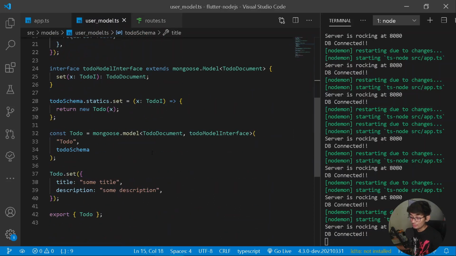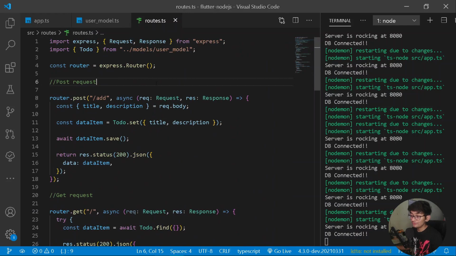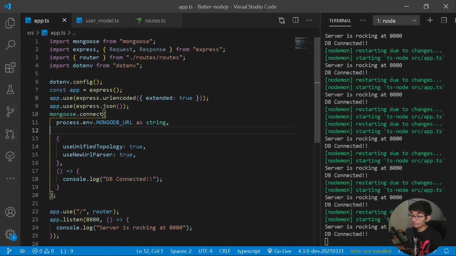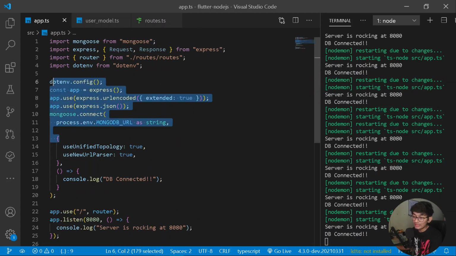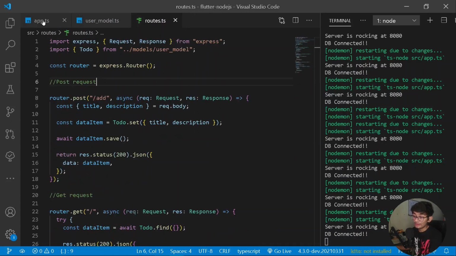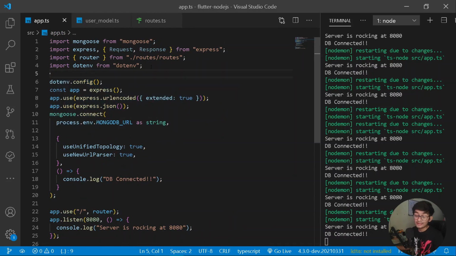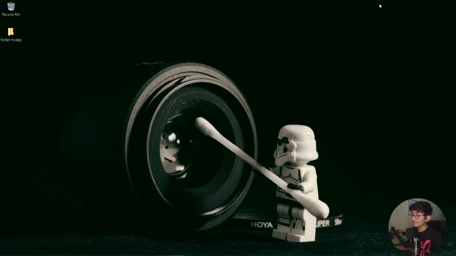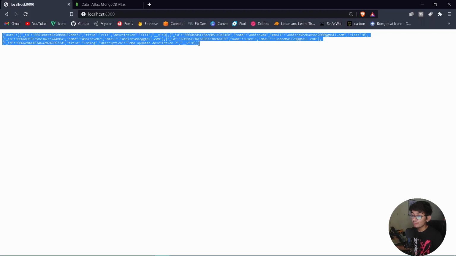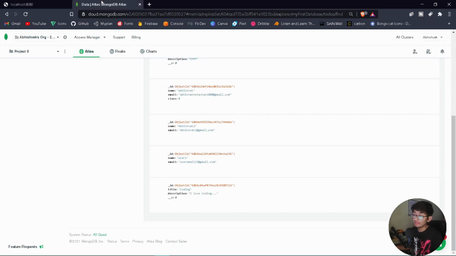That is about the user model, the routes, and also defining the user model and routes over our server. So till then, I will see you in the next one where we shall be starting off integrating our Flutter application, and deploying our entire routes over a Heroku server. That is, we are going to add a custom server instead of the local host.